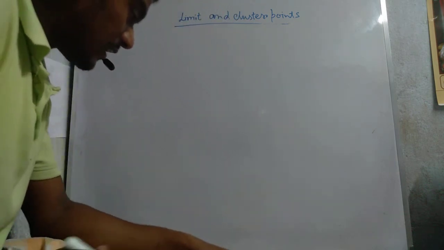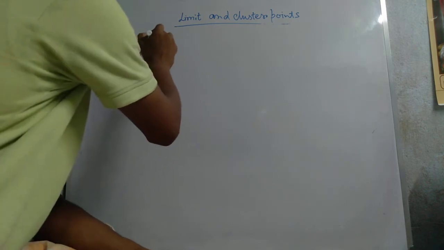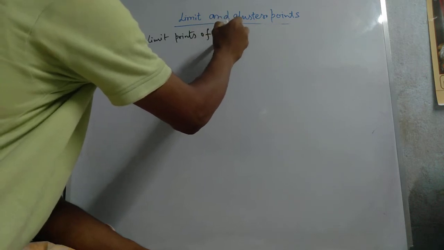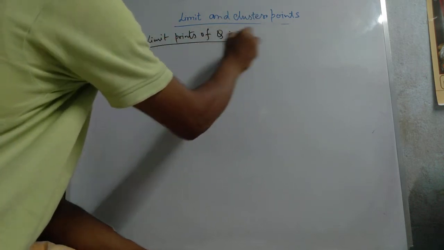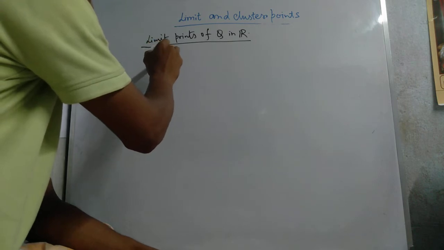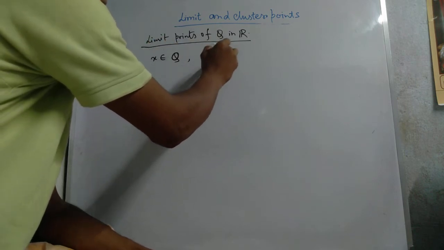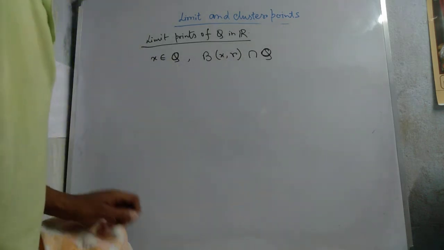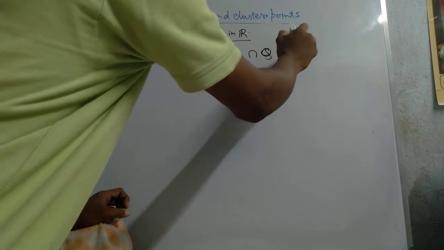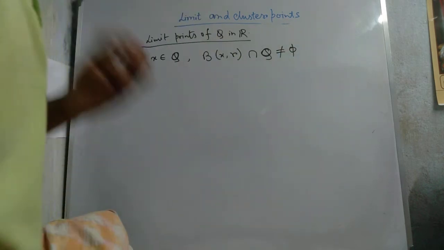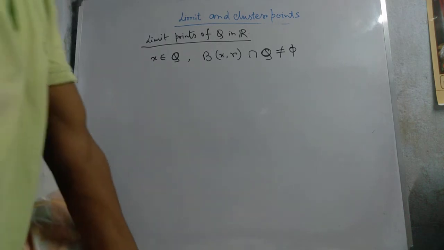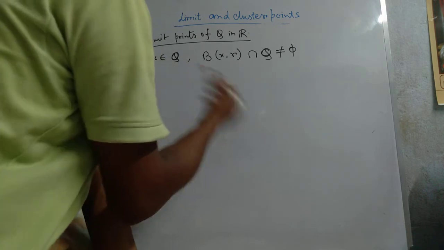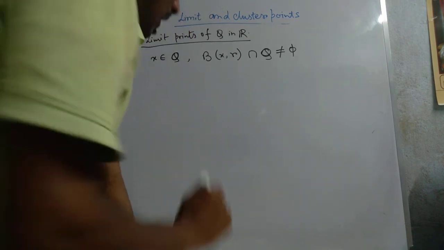Next, find the set of all limit points of Q in R. We take any point x belongs to R, then B(x, r) intersection Q is not equal to empty set. Then x is a limit point of Q, and in R the limit points of Q in R equal to, that means